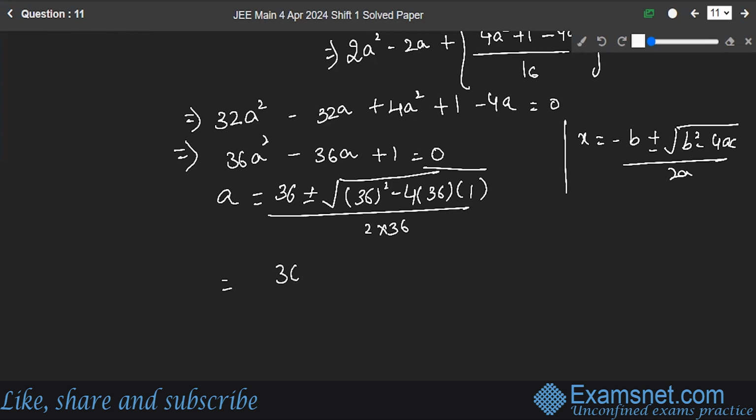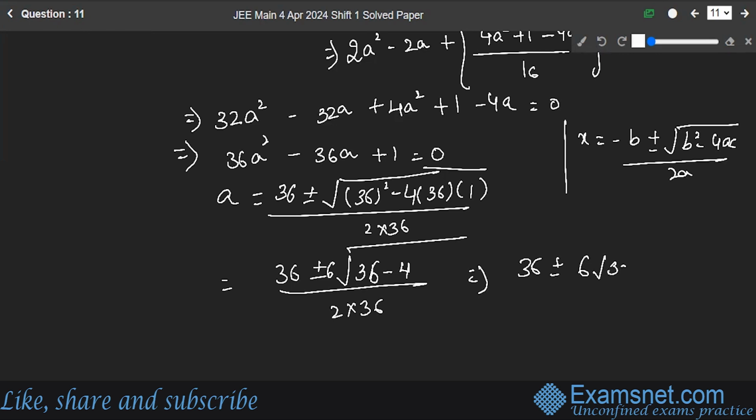This will be 36 plus minus root of, I'm taking 6 outside over here. This will be left with the 1 minus 4. Wait, it will be 36 minus 4 upon 2 into 36, which will be 36 plus minus 6 root of 32 upon 36,